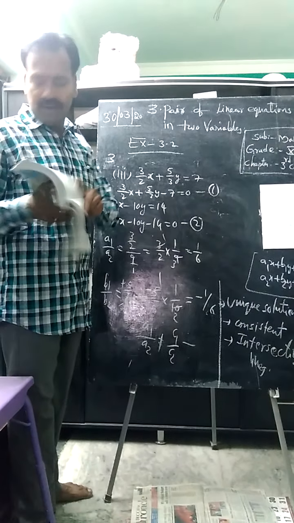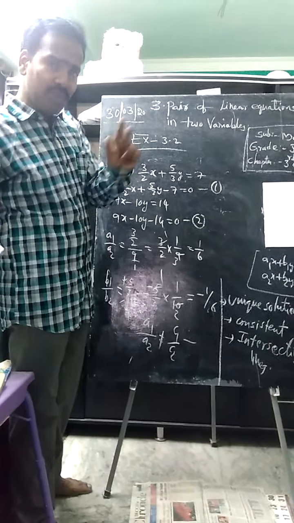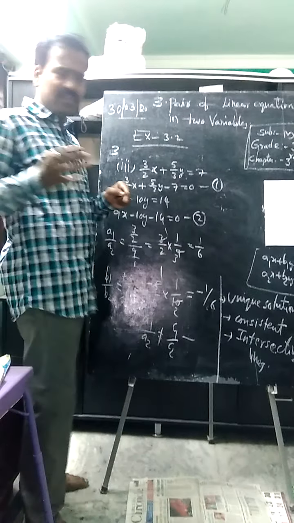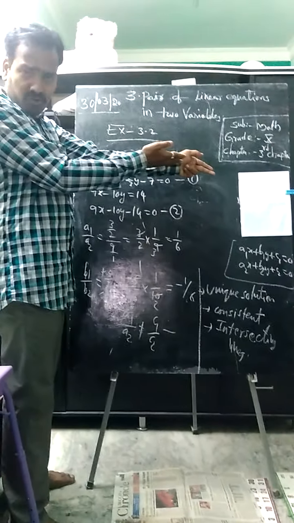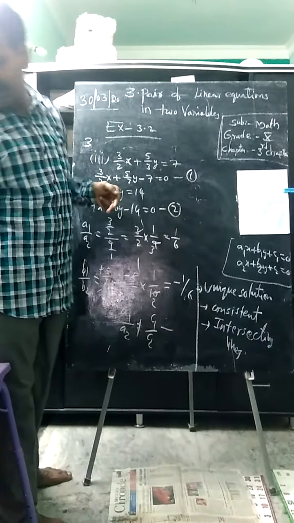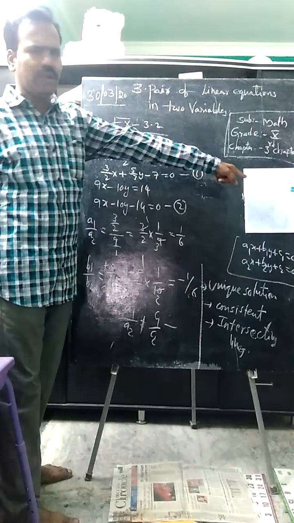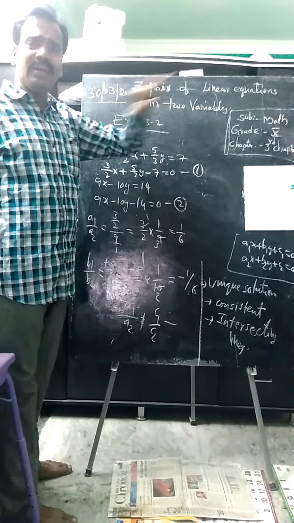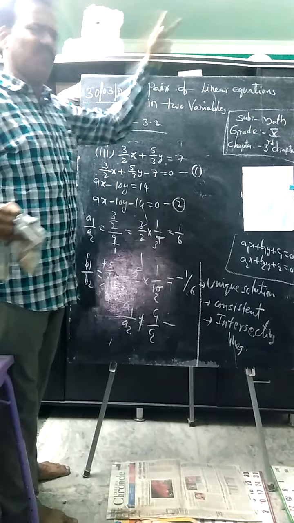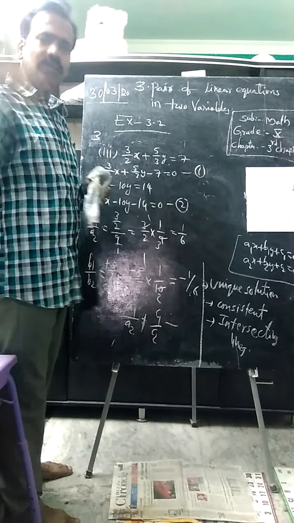Now we will do fifth bit. So fourth bit you do as homework. Only 3 or 4 problems are there. We discussed many problems on how to show graphically. You learned in the previous class also. So apply the condition and show graphically if they are consistent. If inconsistent, simply write they are inconsistent. Enough. No need to show graphically.